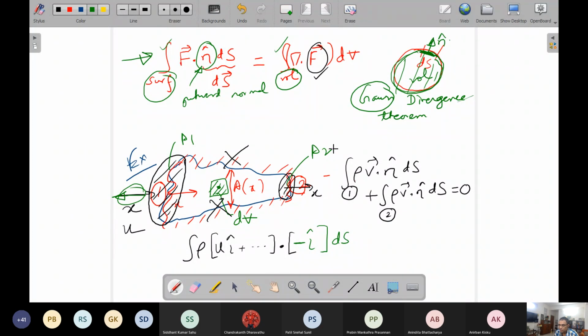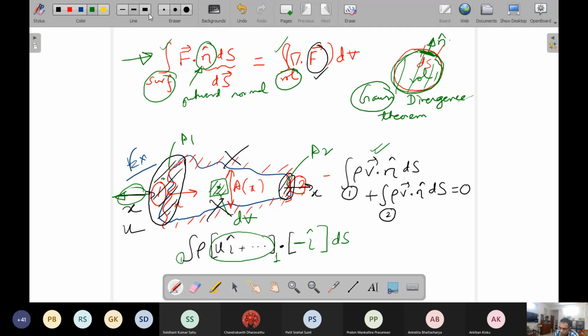So it should be quite clear how this boils down to this. You have the velocity components entering the section 1, and of course these are local. That means at one point, and it can vary across the cross section. Not that it is same at all points. This u is a function of whatever x, y, z along the cross section. But the normal to the section is minus i. So this is for the surface 1.